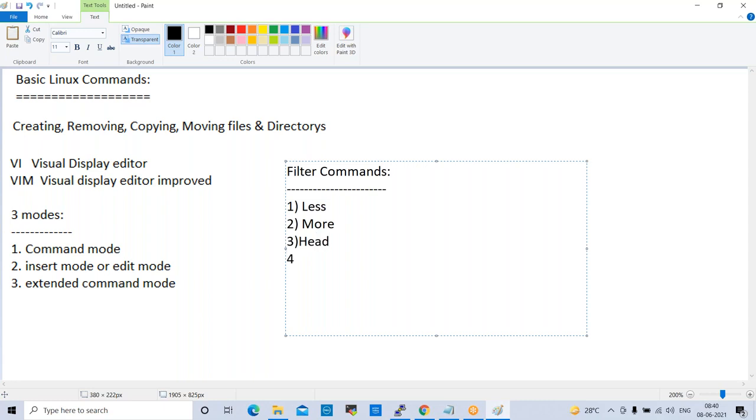The fourth command here is tail. So these are the important commands. What is the less command? What is the more command? What is the head command? What is the tail command? We'll try to understand. We can apply these commands directly.